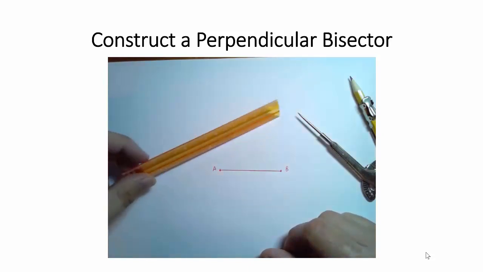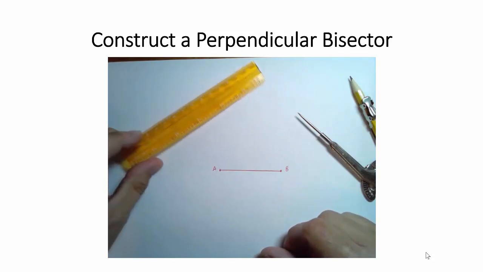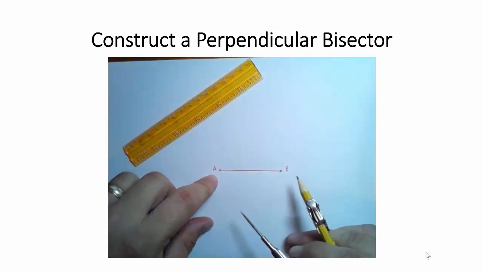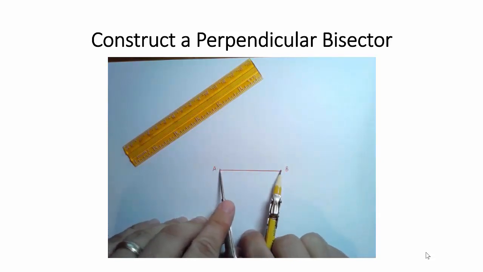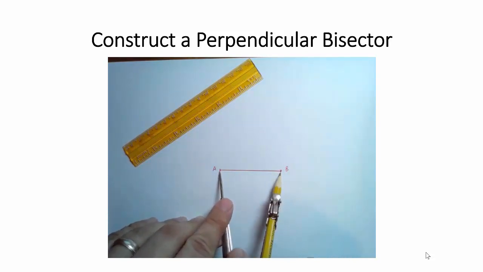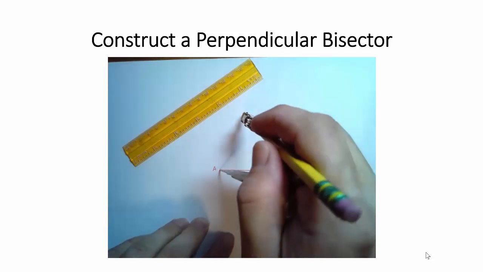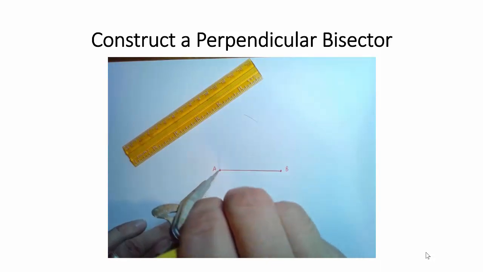So I can use a ruler for my straight edge, although when we do these constructions, we can't use any measurements on the ruler. I have my compass. What I need to do is draw two circles with centers A and B with radius the length of segment AB. I can start at either endpoint. Let's start with center A, and I'm going to draw just some arcs of the circle,